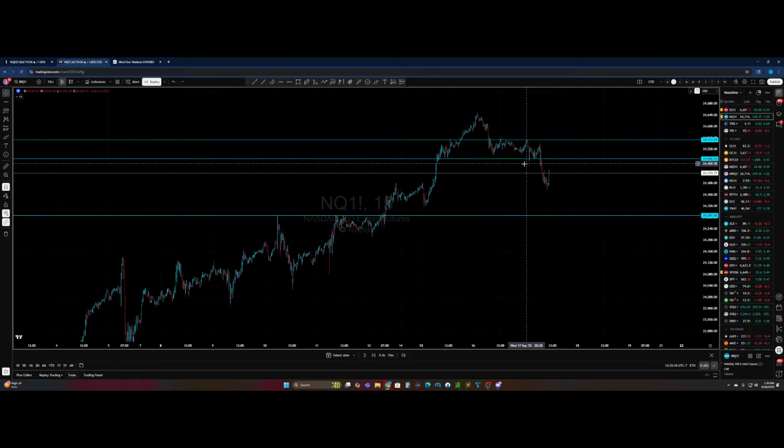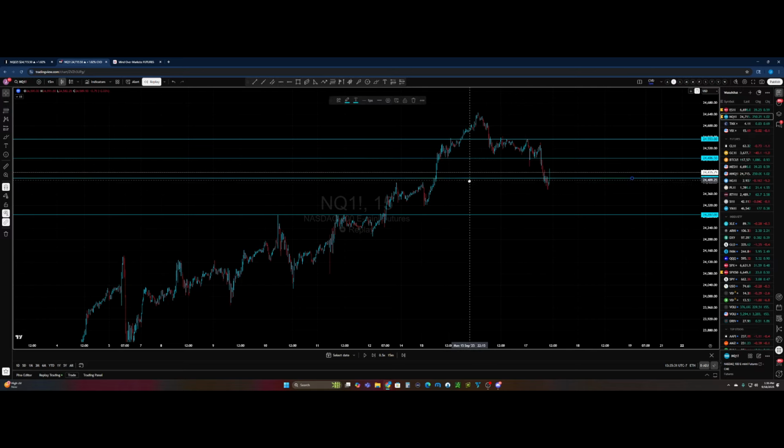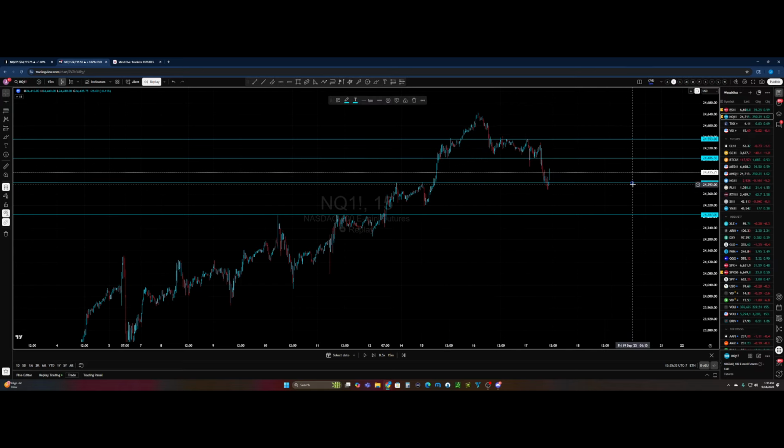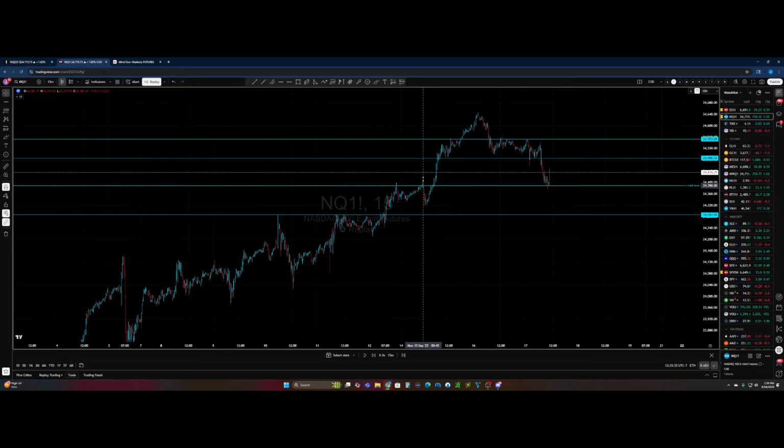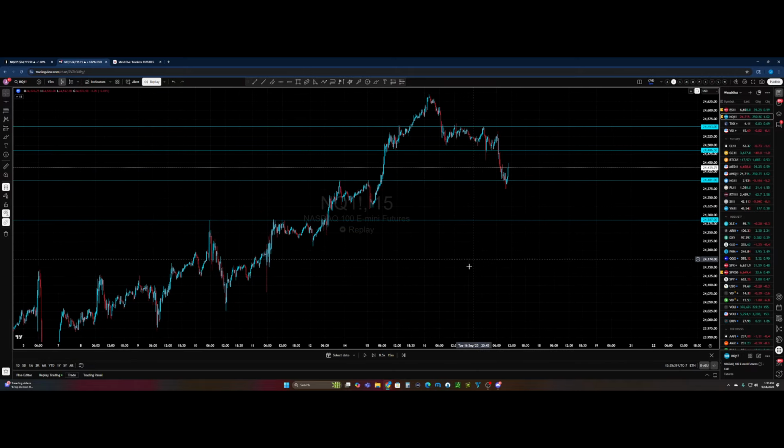Okay, so going back. I find this level to be important right here. Cluster, a bit of cluster, a bit of cluster. I actually will do this right here as a cluster. Okay. Now that we have the clusters in,